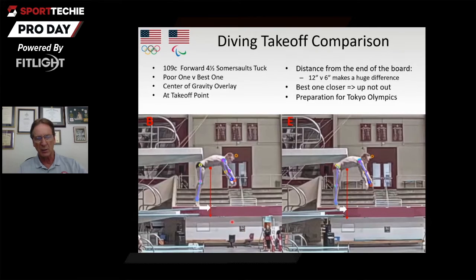So this one's going to go much further out and it's not going to go as high. This one's going to go higher, giving him more time in the air to complete the dive. So this one, being the eagle, was one of his best dives, and it got in vertically perfectly. This one landed very short. So now he can see the difference, and we can do a biomechanical analysis of all the key points in the dive and help them get their new and more difficult dives ready for Tokyo. We've only got a few months left because you don't want to learn any new dives too close to the competition.